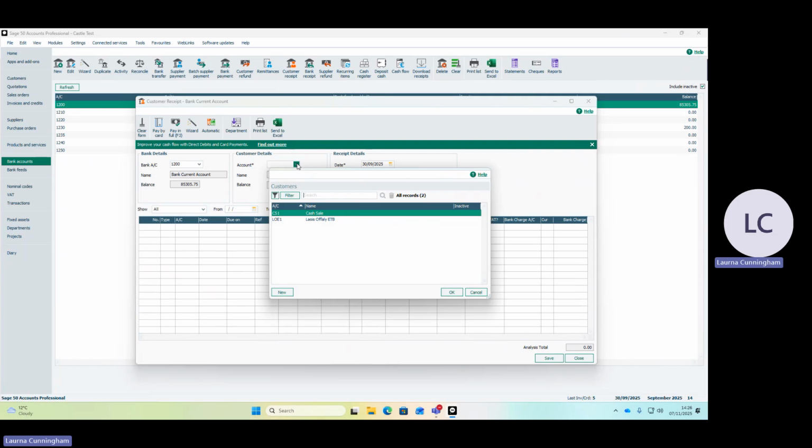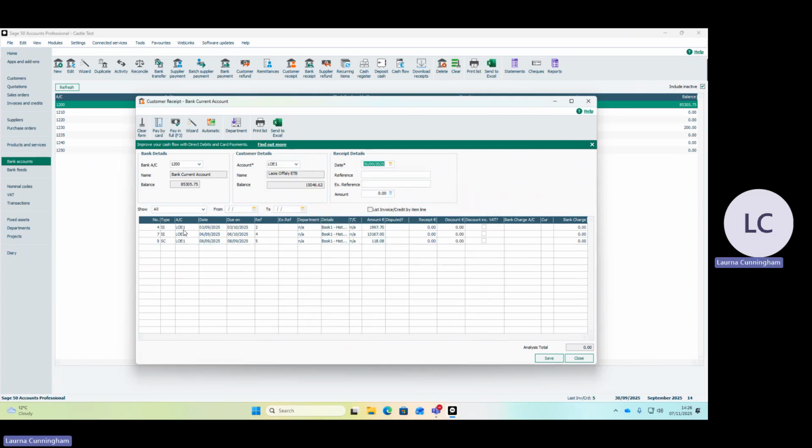If I query my other customer, I see here that we had a couple of transactions with them during the month. So we had sales invoices, and we also had a sales credit. So sales invoice, sales credit, SISC. I need to deal with the sales credit note. The sales credit note was on the 8th of the 9th, 2025. So I can say credit note 9, and I'm just picking up the 9 from here. So credit note 9, and the amount was for